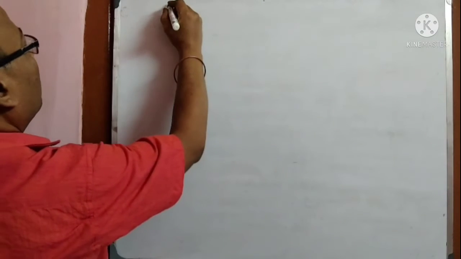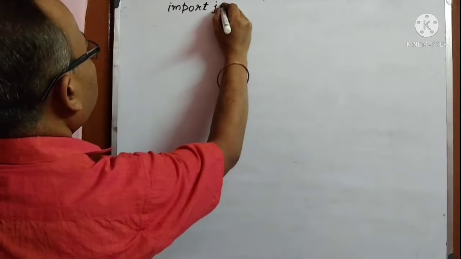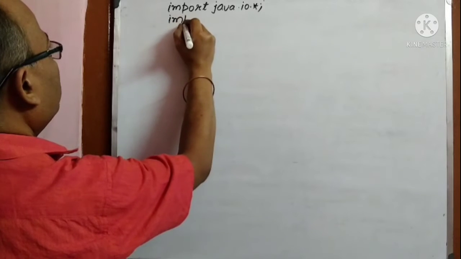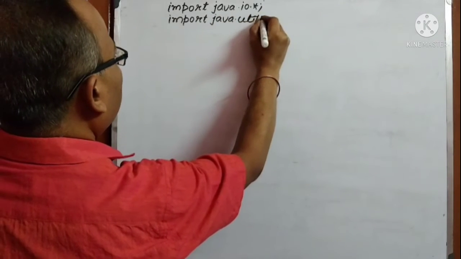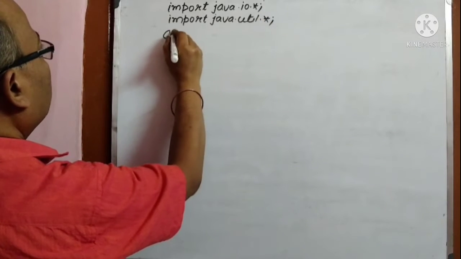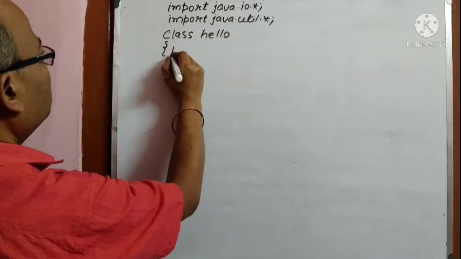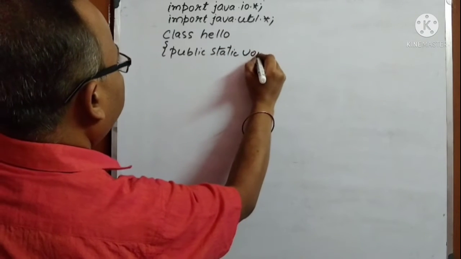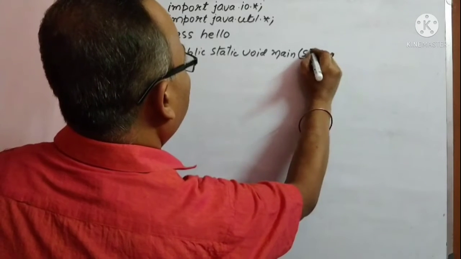So we will begin. Import java.io.asterisk, import java.util.asterisk, class hello, then the curly brace, public static void main, string args,